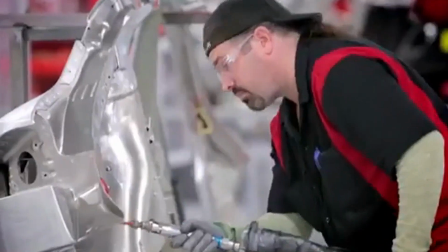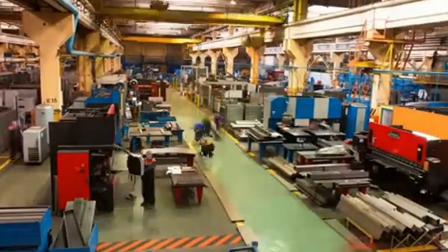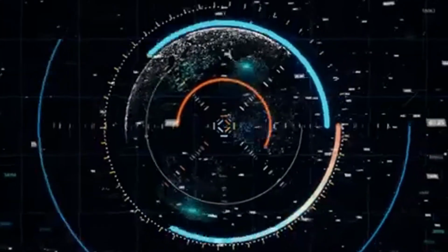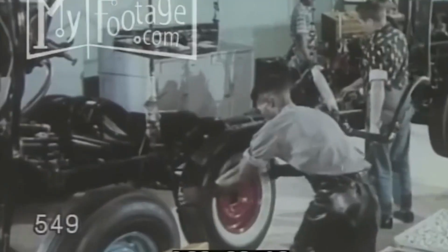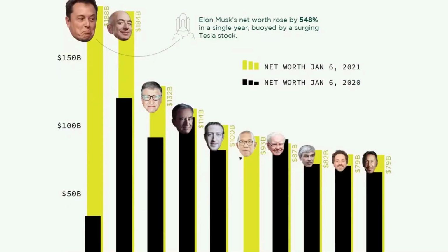And now in the fourth quarter of 2022, we are looking at Giga Shanghai production reaching 87,706 vehicles in the month of October. And if we extrapolate that out over 12 months, then we end up with about 1,050,000 vehicles per year. This is well over the original declared manufacturing capacity for the factory, which was supposed to peak at